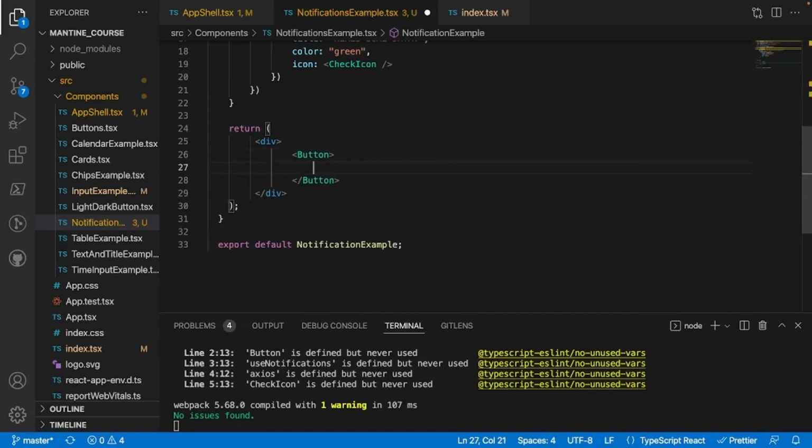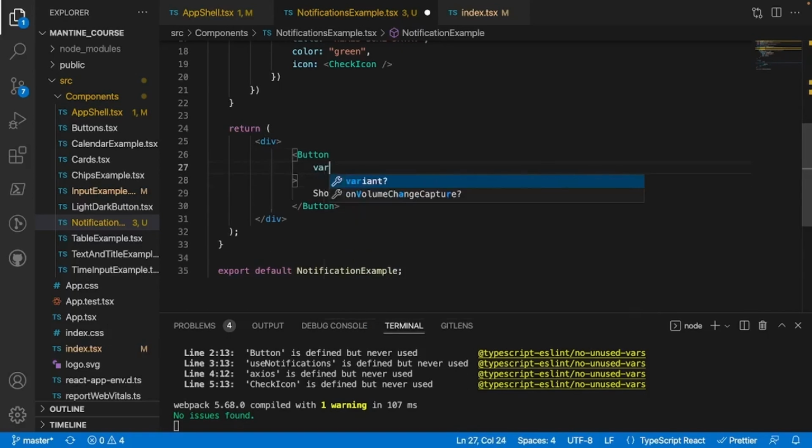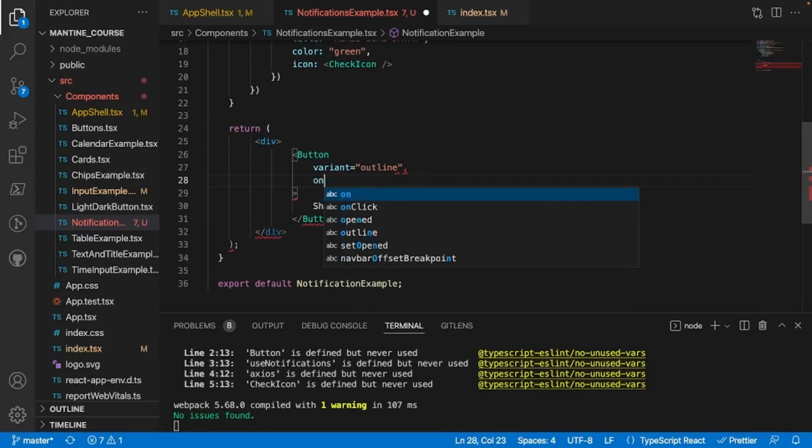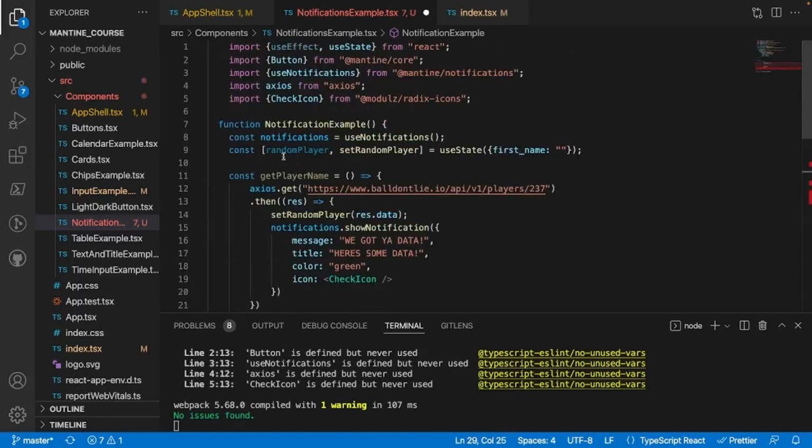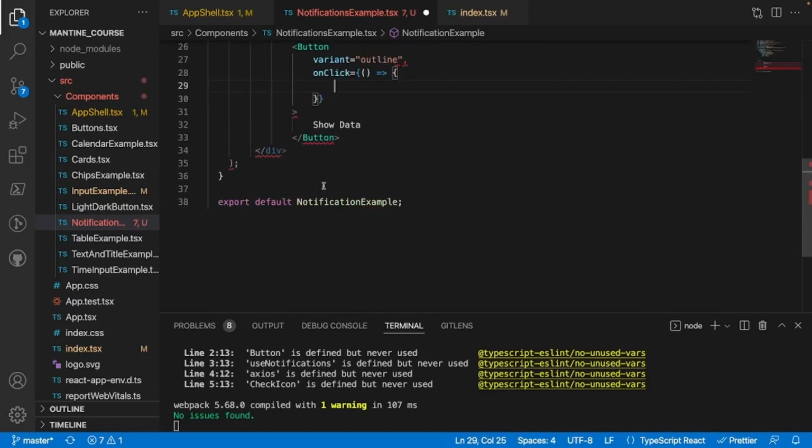And the button will say show data, and the button variant will be equal to outline, and on click we want to actually run our getPlayerName function,